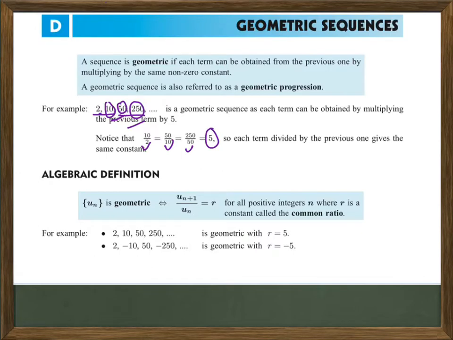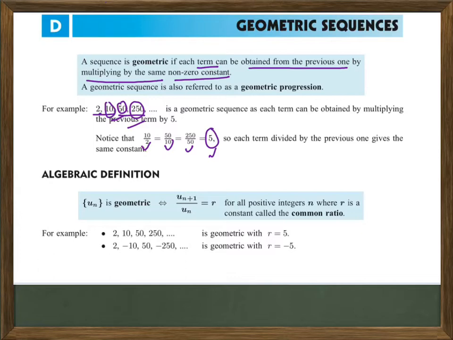So that means whenever the next number comes in some format, some logic is built to get the next number. So what is the logic? Every previous number, if you multiply by 5, we get the new number. Here in the definition it is written that each term can be obtained from the previous one by multiplying by some non-zero constant. So we are multiplying by 5, and that is non-zero.